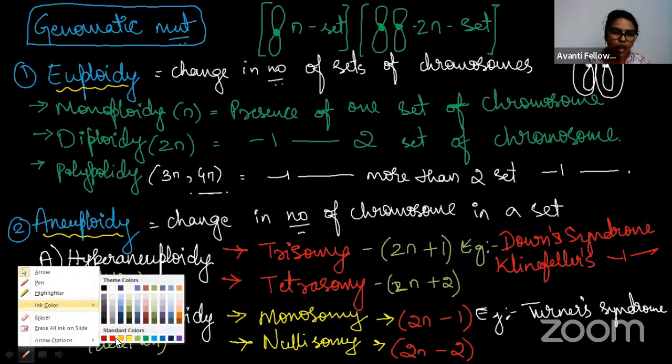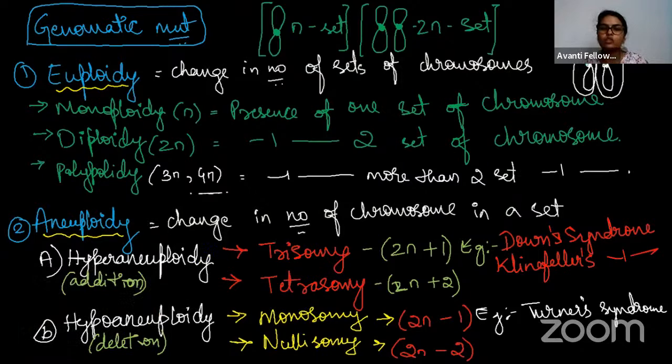Okay. तो यहाँ पे क्या हो रहा है? See, what actually is aneuploidy? Change in number of chromosome in a set. So what actually is a set? Set is nothing but the chromosome number. Okay, so consider this. This is one set and this is haploid set. That means this is the one set. ये set में एक ही chromosome होता है. That's why it is called haploid. ठीक है? So इसमें देखो diploid. So what happens in the diploid? Here it is also a set, but here there are two chromosomes. That is why it is diploid.